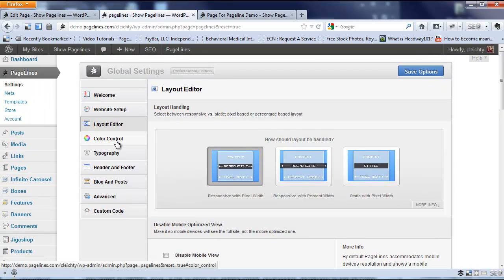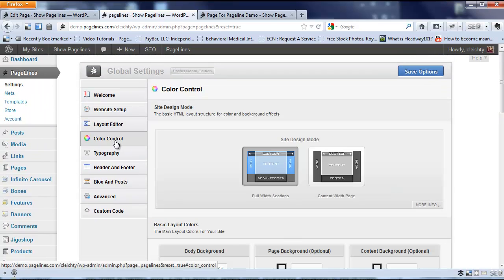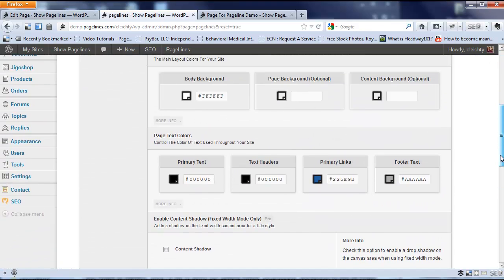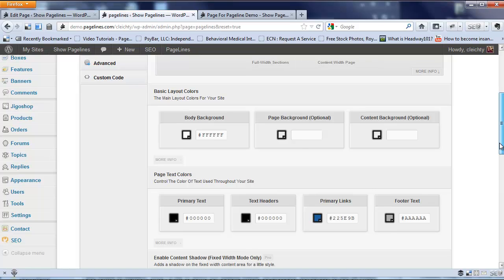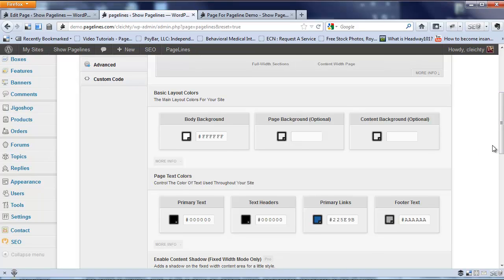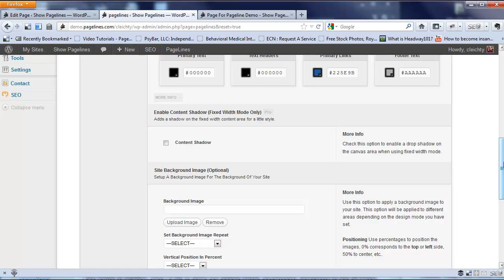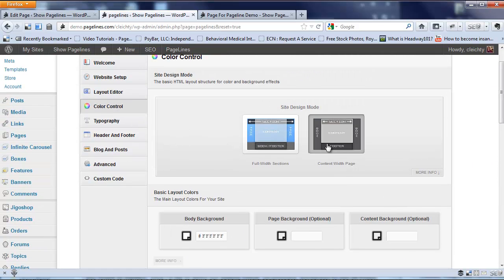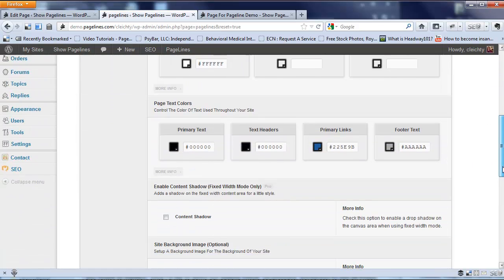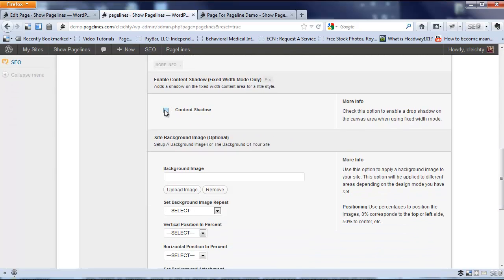Very quick and easy. Let's look at the next panel here in the global settings called Color Control. This is where you can set the colors of text, text links, your background colors, etc. And for this one, just to keep it simple, we're going to leave everything kind of white, as we noticed on the actual page when we looked at it. But let's add a setting here. Up here I'm going to select this content width page, or option I should say,